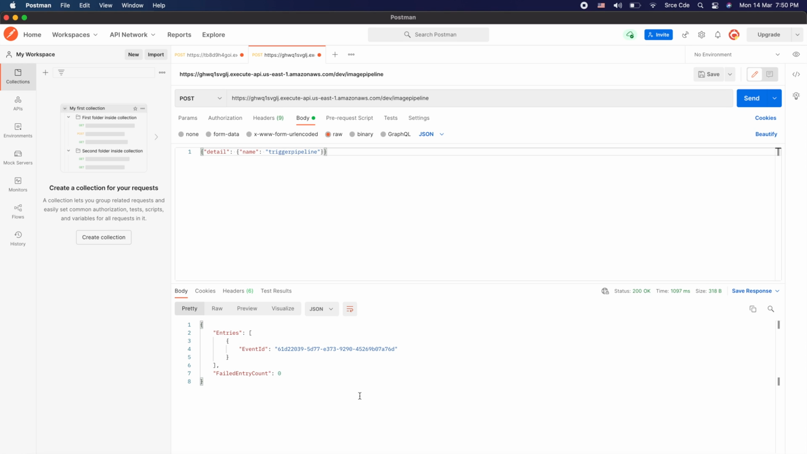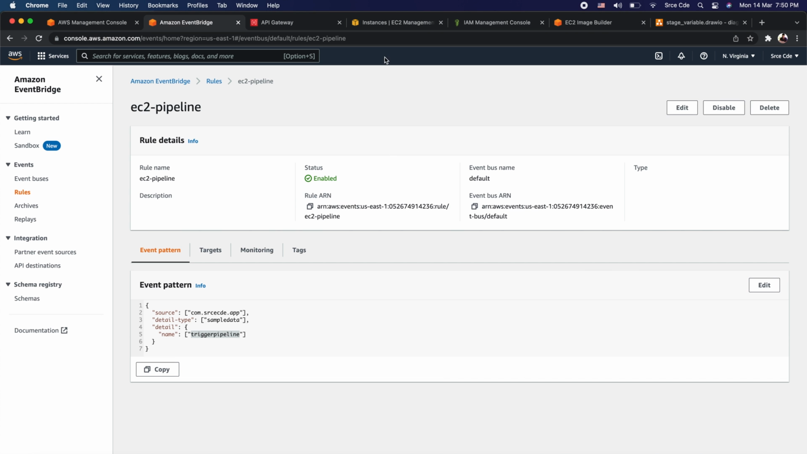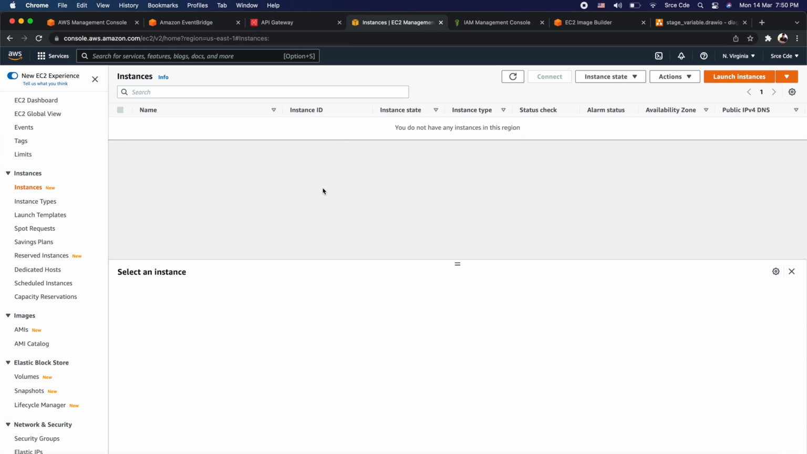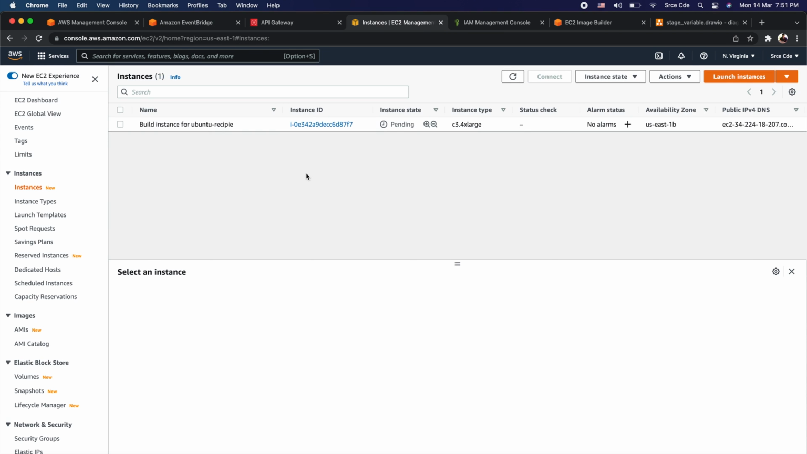Now here, as you can see, it returns status code 200 and it returned the event ID. And now we will go back to the AWS Management Console and we will navigate to the EC2 Management Console. And over here, we should be able to see the instance. So now as you can see, the instance is coming up. It says build instance for Ubuntu recipe and the instance type is C3.4xlarge, and now it is in